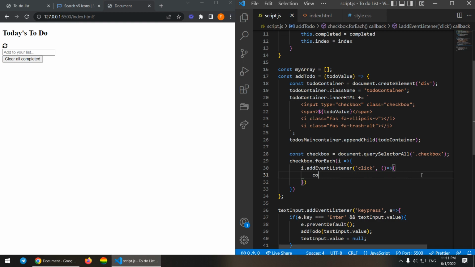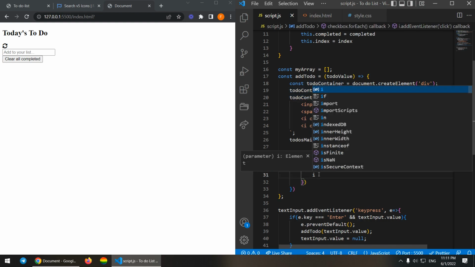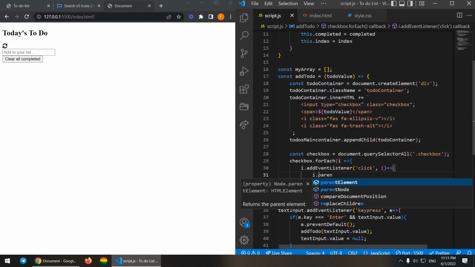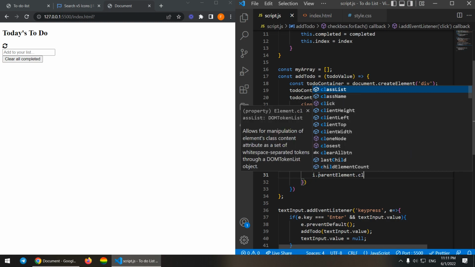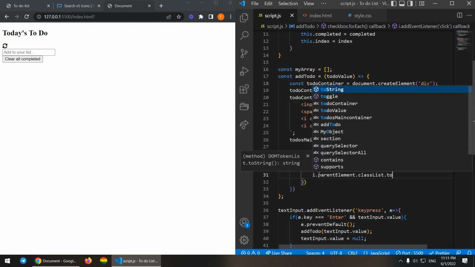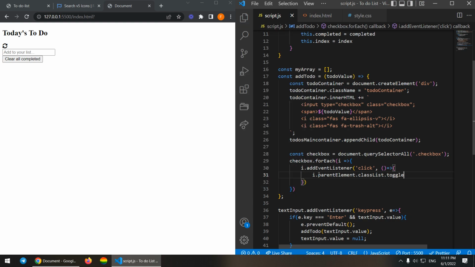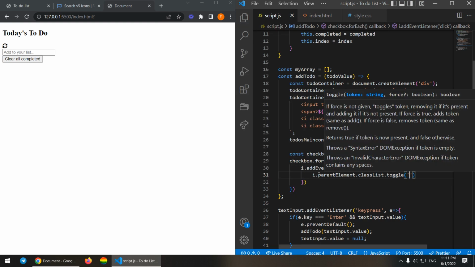Instead of doing this, we have to add some functionality. So here I means this input field. The first thing we have to do is take this I container, which means this container is going to be the parent for this I. So we can target its parent element using the parentElement method like that, and we're going to add classList.toggle. Every time we click, we are going to toggle